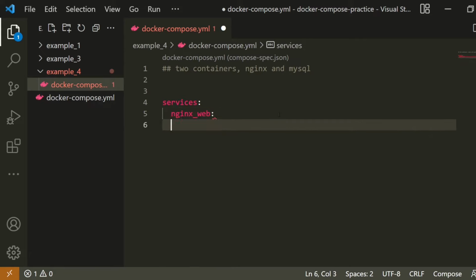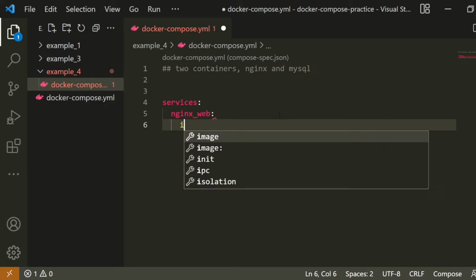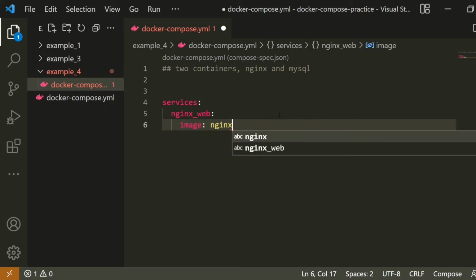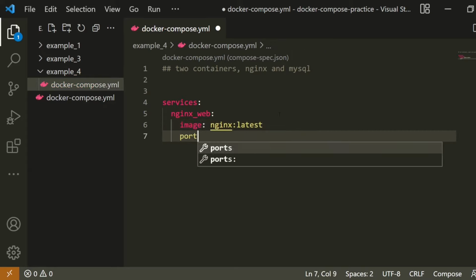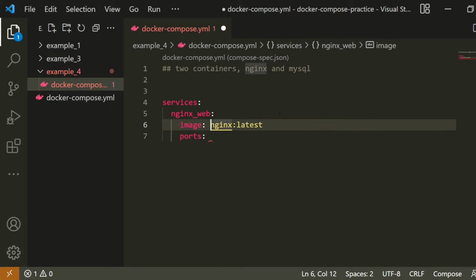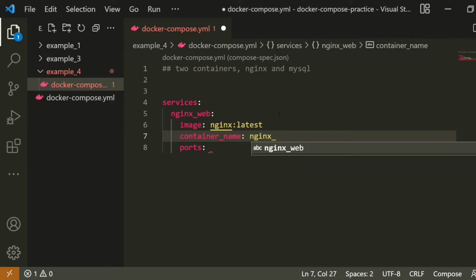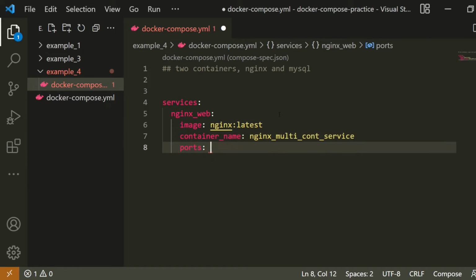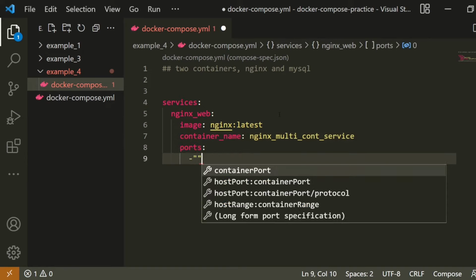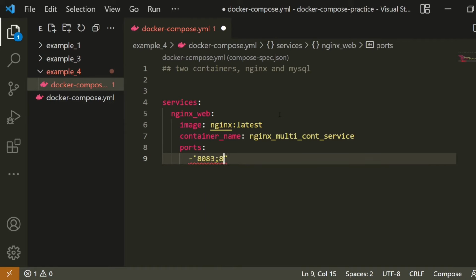Now I'm specifying a different service, and we will use the same method. Image would be Nginx latest, and ports would be, container name would be Nginx multi-container service. Ports, I would expose to only one port this time, 83,